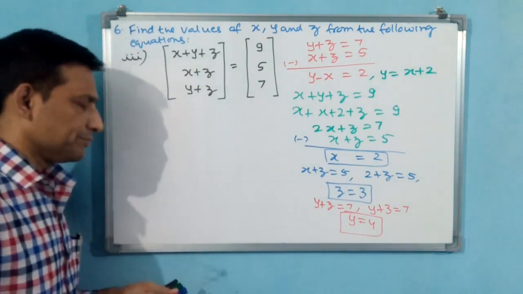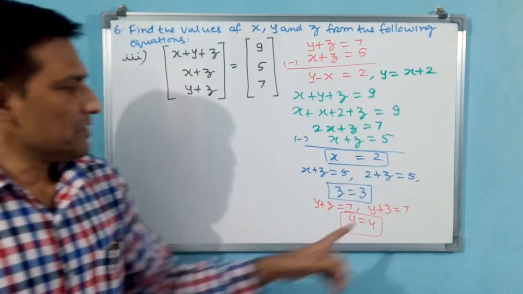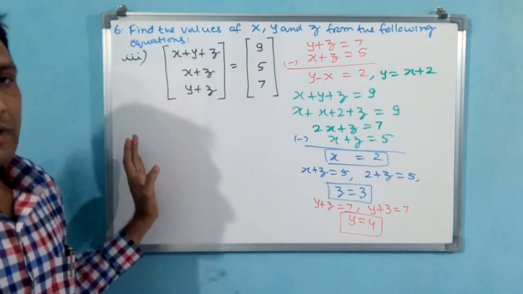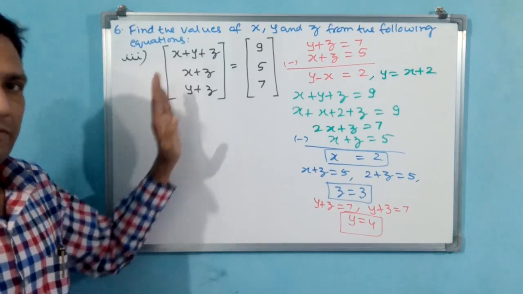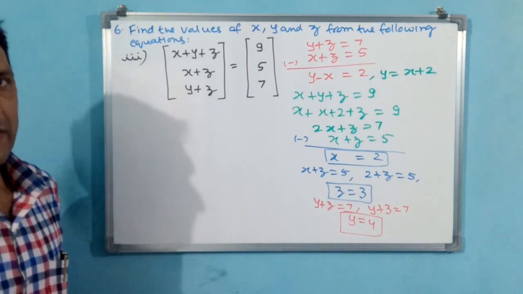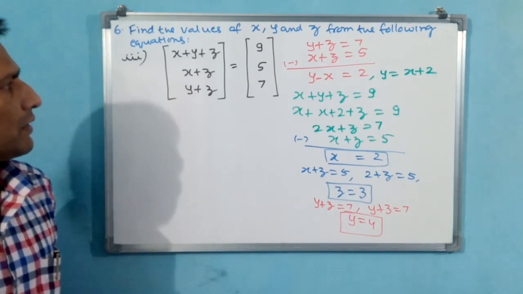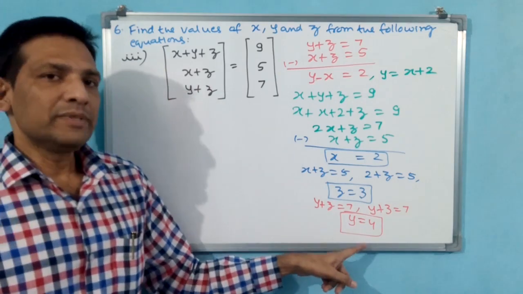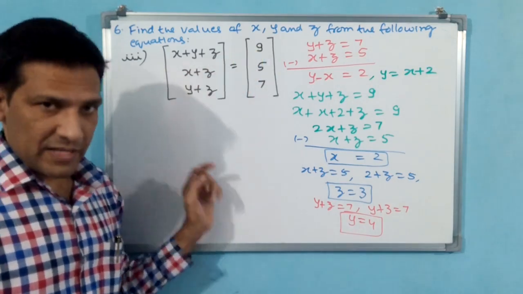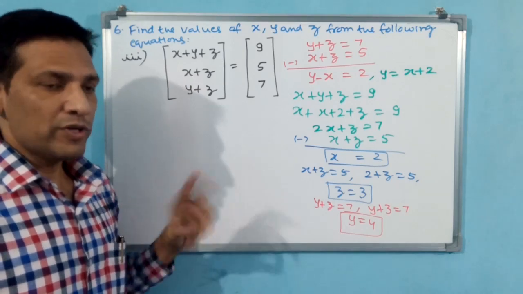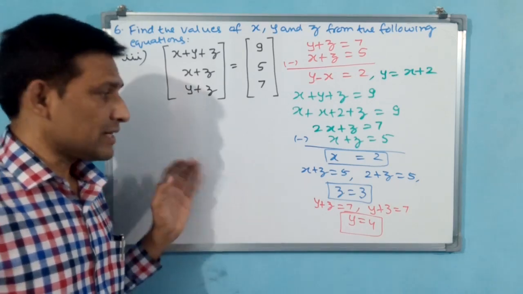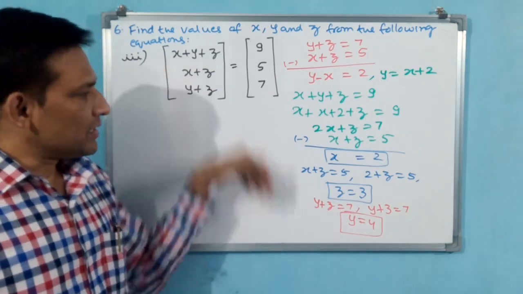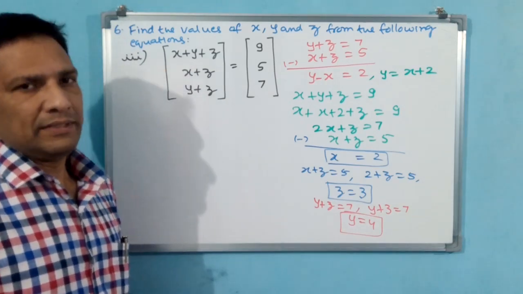Is it okay? Y is equal to 7 minus 3, 4. That's all. Okay. You have got all the 3 values x, y, z from this third part also. Okay. Like this you have to solve. Here what you have to do, one value has come means again you have to see any other equation is there. Same. If 2 equations are there, 2 values are different means then you have to think what options are there in objective type question. In subjective type question, okay. Normally. Okay.